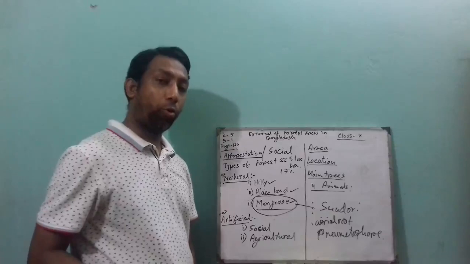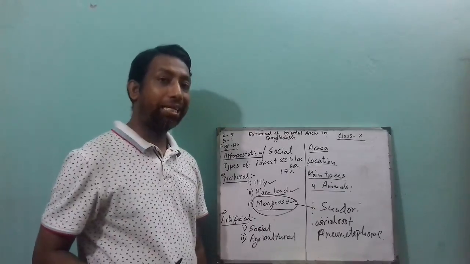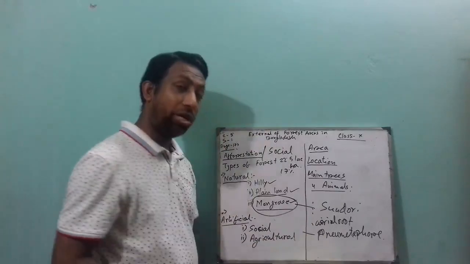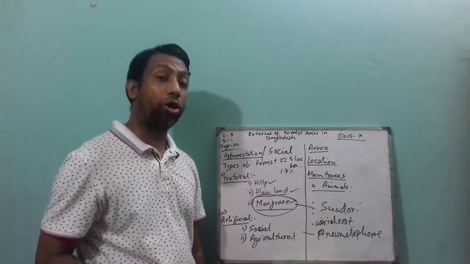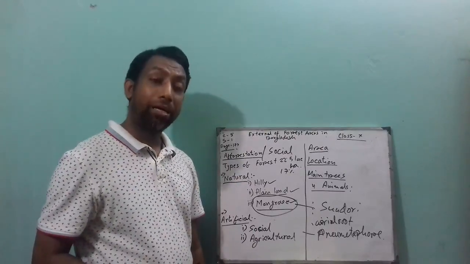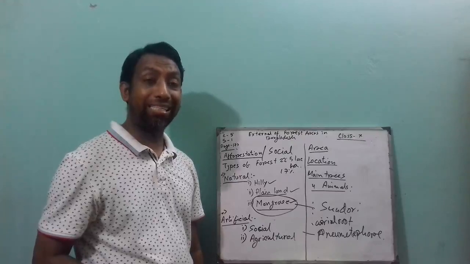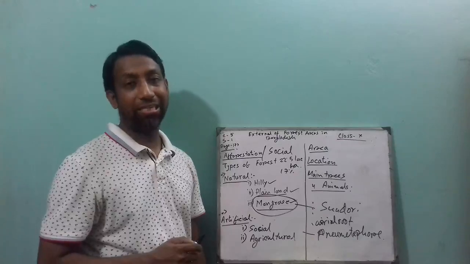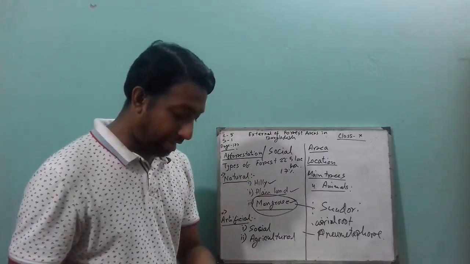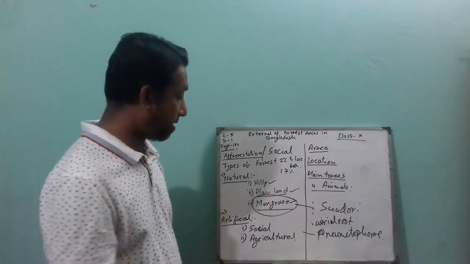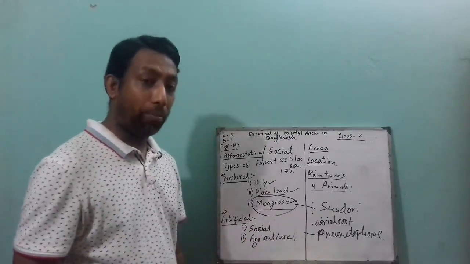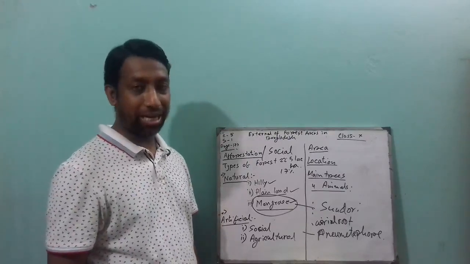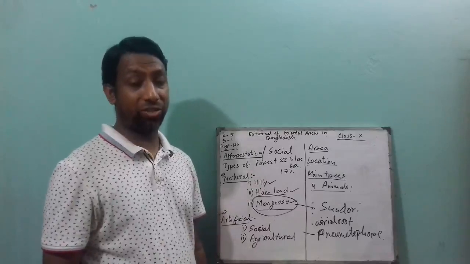Sometimes the question is like this: why do the plants of this forest have pneumatophores or aerial roots? Because they can get oxygen from the air, due to the stagnant water condition of the land, and that water is salty or saline. The importance of the mangrove forest here is very great. Moreover, it is a tourist place. There are lots of deer and Royal Bengal tigers here, but nowadays they are decreasing day by day.